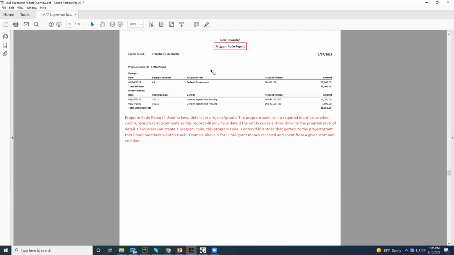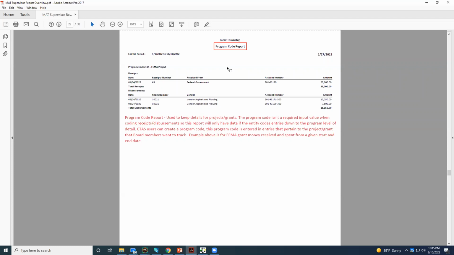The one that we're looking at here, when I created this report, I was just using the example that the township receives some FEMA money. We have to account for what we brought in and we have to spend that much, say on a certain project. So we want to know what came in and how much it was spent using this FEMA grant money. And this could be used for any project. If you have just a certain road project or you want to put a cartway in, culverts in a certain section, okay? What you would do is just instruct the clerk treasurer or combined clerk treasurer position to